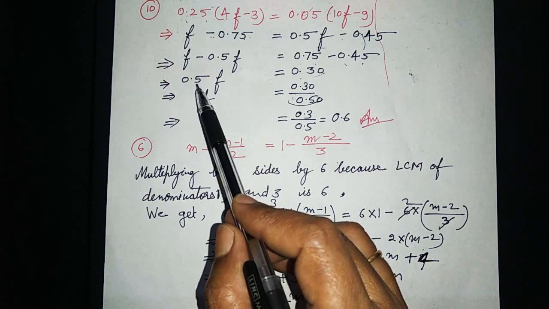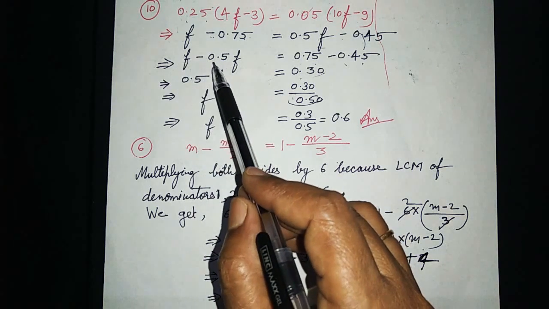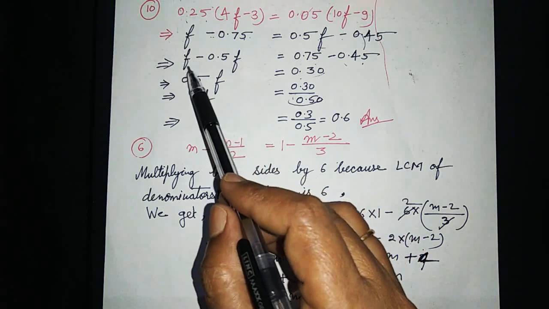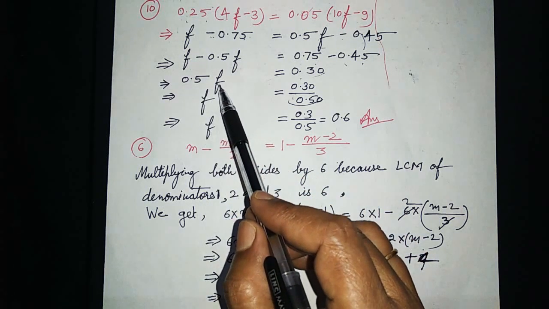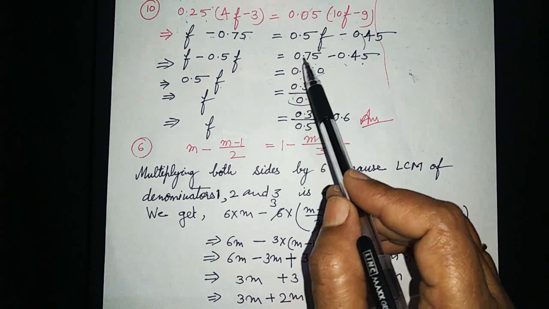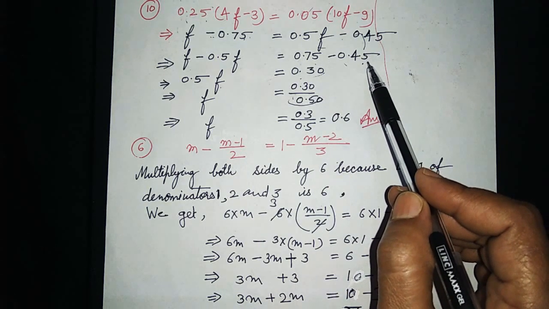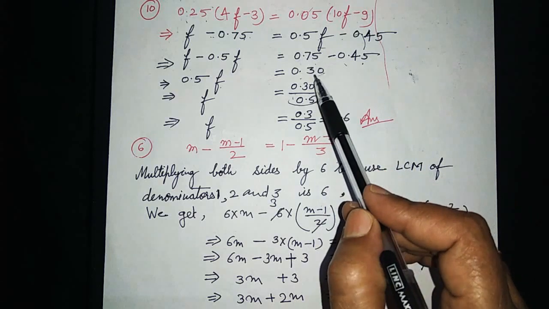Now in the next step, if we subtract 0.5f from 1f, we get 0.5f. And on the right hand side, if we subtract 0.45 from 0.75, we get